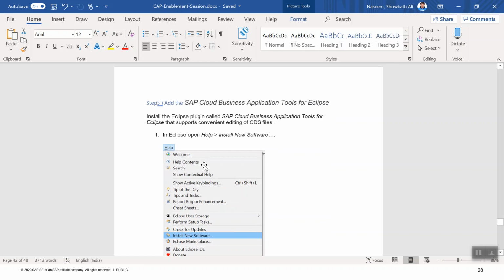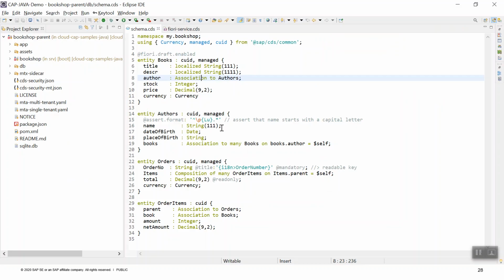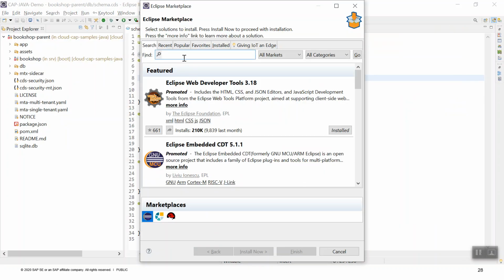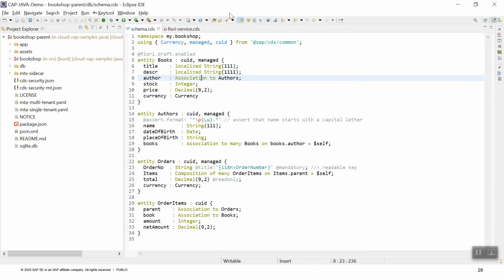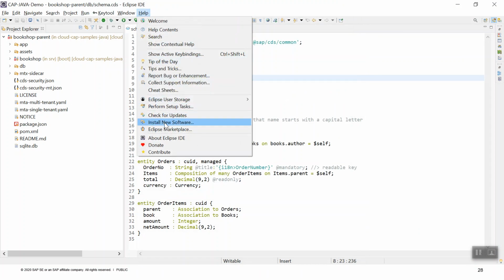Once you have installed Java, Maven, and Eclipse, then you have to install the SAP Cloud Business Application Studio tools extension for the Eclipse. So for this, like I was showing how to install Spring, you can search for the Spring there. Okay, now the next focus is to install the